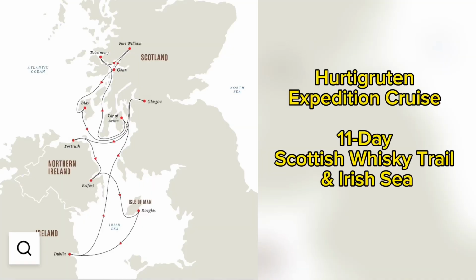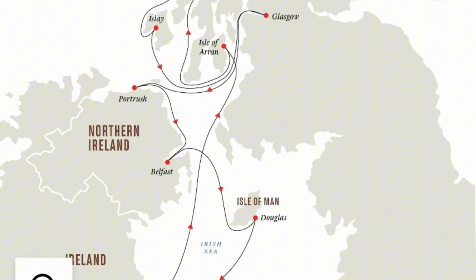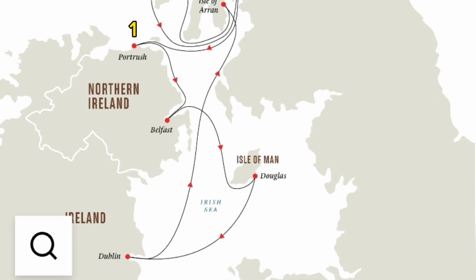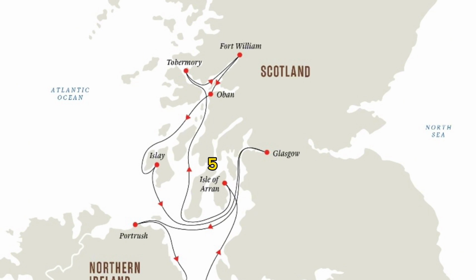This was our first time cruising with Hurtigruten, and we took the 11-day Scottish Whiskey Trail and Irish Sea adventure. Our adventure started in Glasgow and then went to Portrush, Northern Ireland, Belfast, Isle of Man, Dublin, Ireland, and then went back up the coast to head up Isle of Arran, Tobermory, Fort Williams, Oban, and Islay, and then back